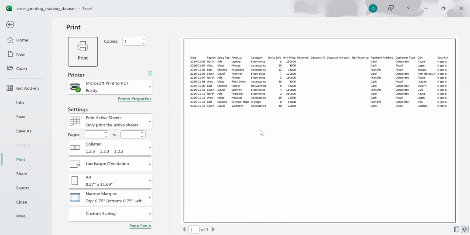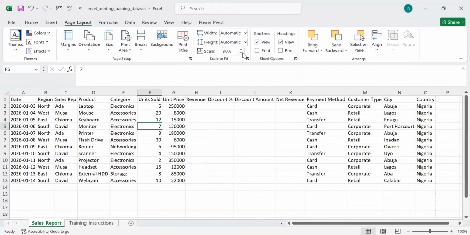So right now, what we have done in this paper that we can see is that we've selected the paper size A4, we've selected narrow margins, we've selected the page orientation, which is the landscape orientation, and we've scaled to 90%. So while scaling, be mindful, because if you overscale, let's say we want to scale it to 80%,